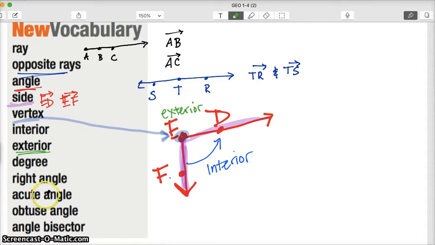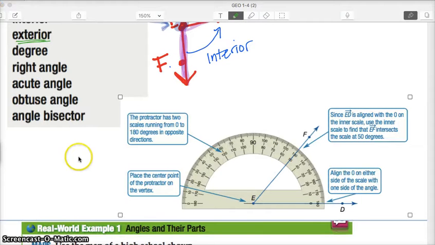So we've got this concept of degree. Degree is how we measure angles. What we're measuring is the opening of an angle. So degree refers to the way we measure an angle. And a protractor, you've seen this before, a protractor is half of a circle, and it's broken down into 180 parts. And so a degree is basically when you take a full circle and you break it down into 360 even parts, and that is what 1 degree measures,